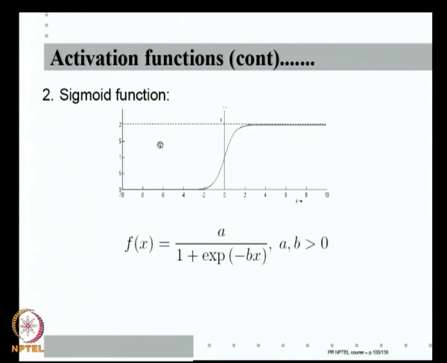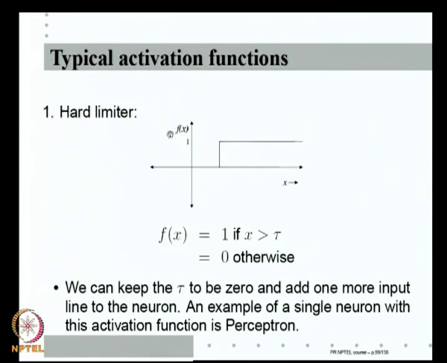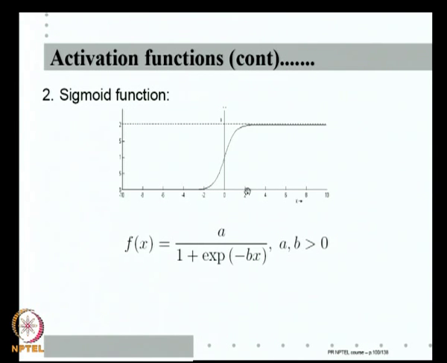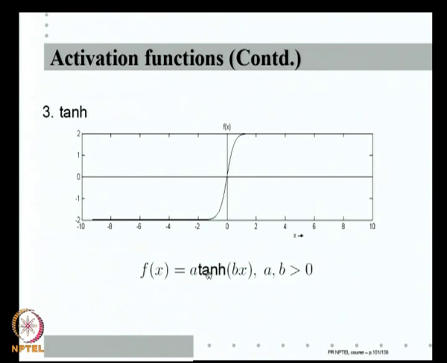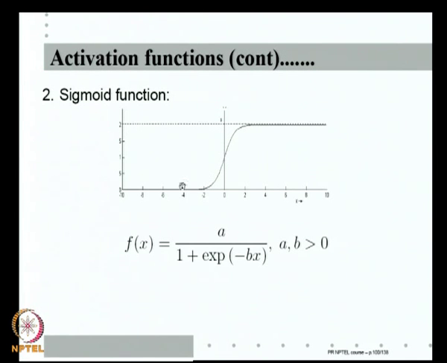Another activation function that we see is the sigmoidal activation function. The hard limiter is not differentiable, so sometimes it may give us problems, as we shall see later on. So, we can make that into a nice smooth differentiable function, that is a sigmoid. This is 1 by 1 plus exponential of minus bx. I can always scale it by a; here a is actually 2. This is the rough shape of it, and the coefficient b determines the slope of it near 0. The sigmoidal function takes values only from 0 to 1.